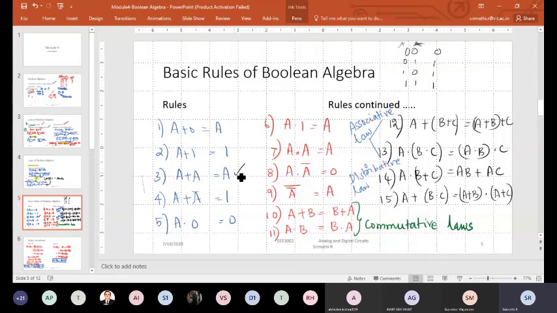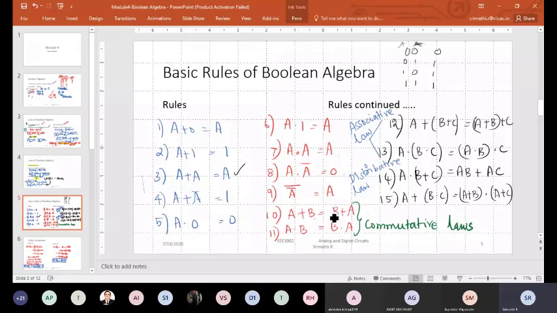Okay, a plus a is a. a plus a bar is 1, and a dot 0 is 0, a dot 1 is a, a dot a is a. Okay, a dot a bar is 0. Okay, it's multiplication. A bar the whole bar, meaning the complement of a and its complement, is a again.